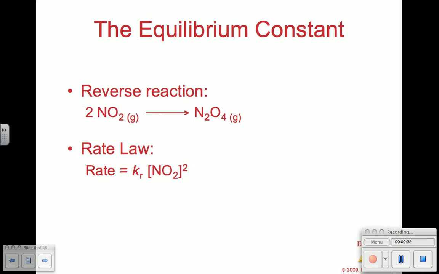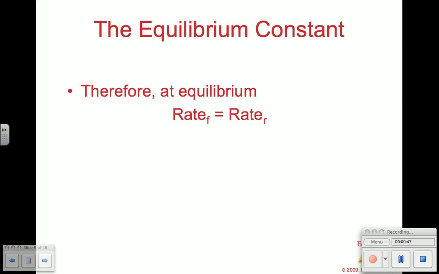But you also have a reverse reaction, and it would have its own rate law as well. So the rate is equal to the rate constant times the concentration of the NO2, and that would be squared because of the coefficient. So therefore, at equilibrium, when rate F and rate R are equal to each other, because they're going to be equal if they're at equilibrium, you can put the relationship that both